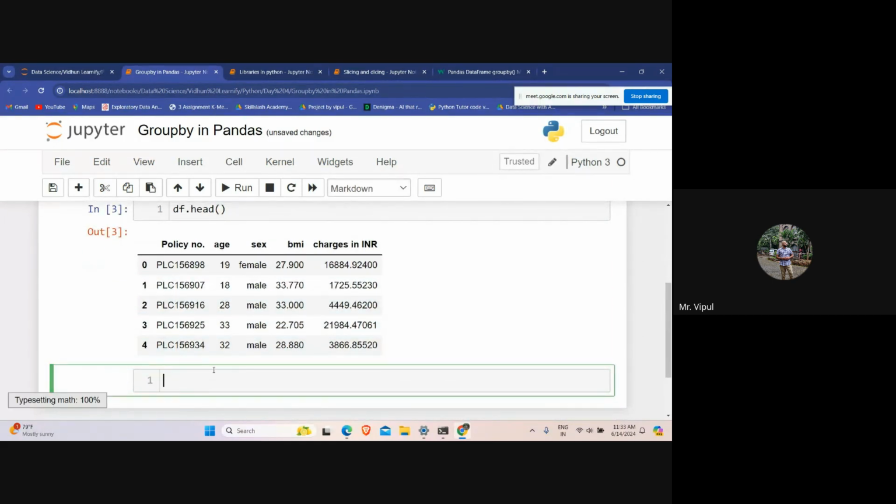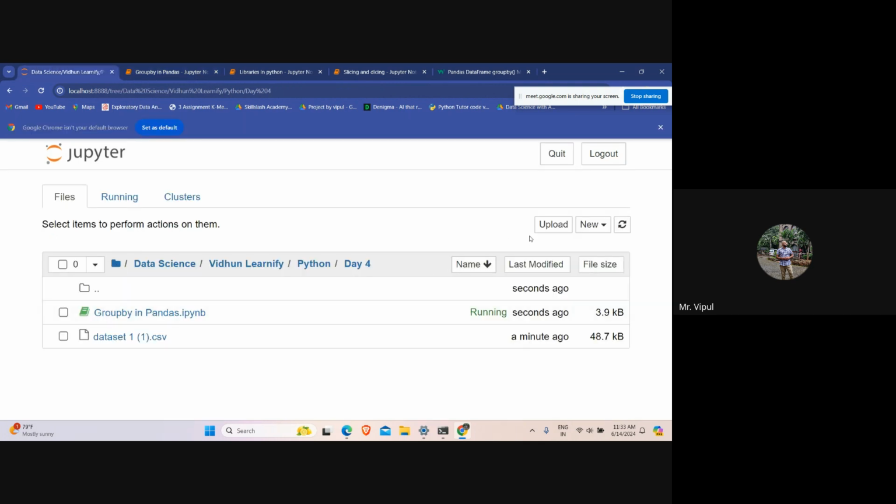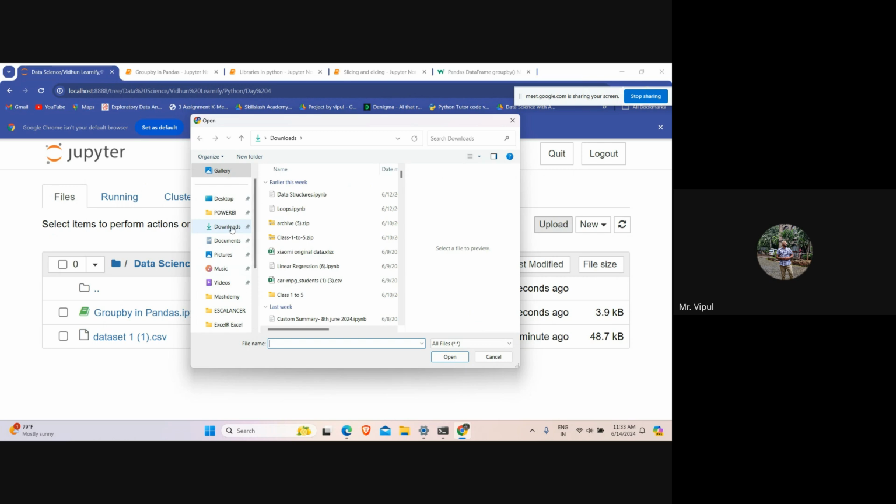Now we are going to see the concat, merge, and join operations on data frame. I mean, we'll see this afterwards, but I'm just giving the heading. So join, you can do it. Okay. Let us add another data set. Let us upload the data set 2